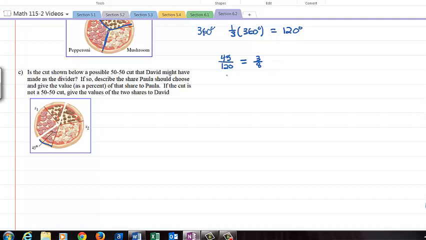If your calculator doesn't do that, then we can just reduce. 5 goes into both 45 and 120. If I divide out 5, 45 divided by 5 is 9. 120 divided by 5 is 24. Okay. Now we look again. 3 goes into both 9 and 24. So if I divide 9 by 3, I get 3. I divide 24 by 3, I get 3/8. There we are. So this is 3/8